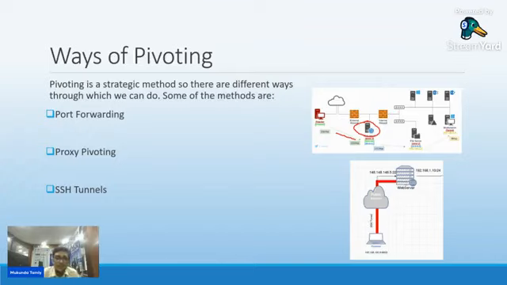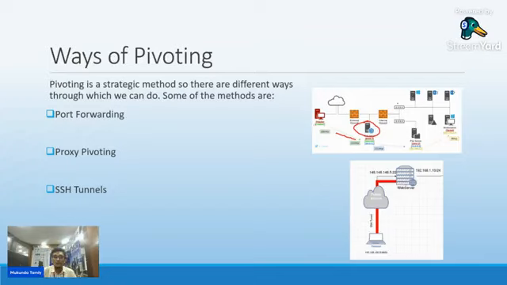If I have access to the web server, I can see the internal communication system, because the web server is the only one that can communicate both ways, with the external side of the network and also the internal side of the network.